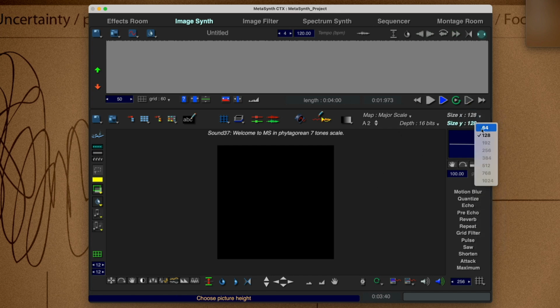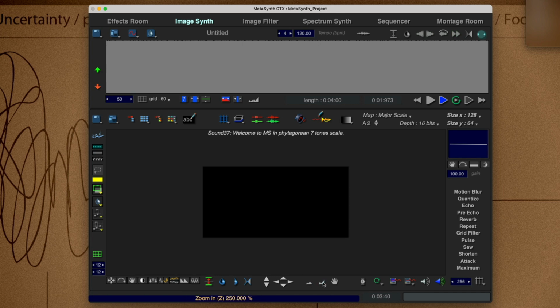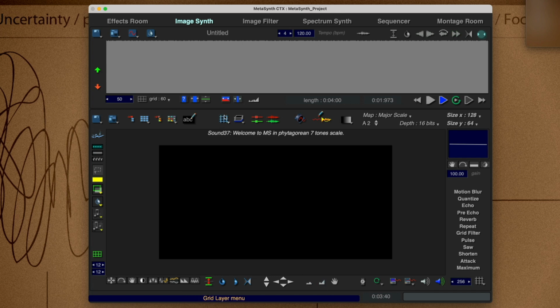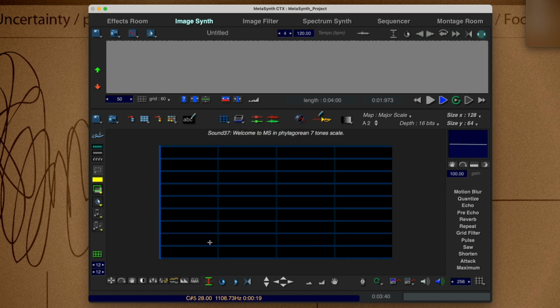So we'll take this X to 128, Y to 64. Let's zoom in a bit. And this time, let's enable the default grid. So you can select it from the menu, you can hit the G key, and this is going to draw a default grid. We've got 4 bars,